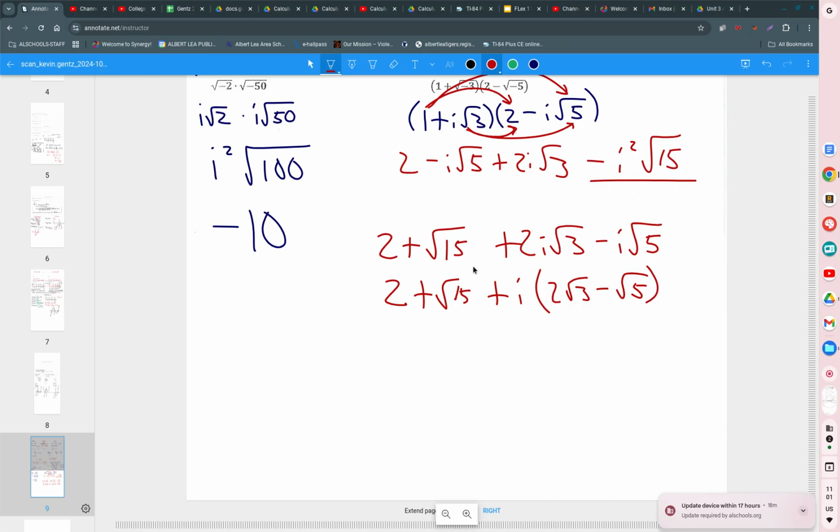And so this is now truly of the form a plus bi, because you have your a, you have your b, and you have your i. That's what they want. There we go. Good job making it through a